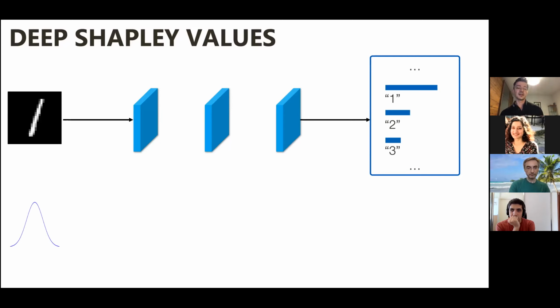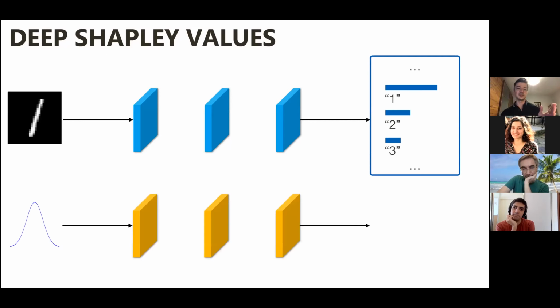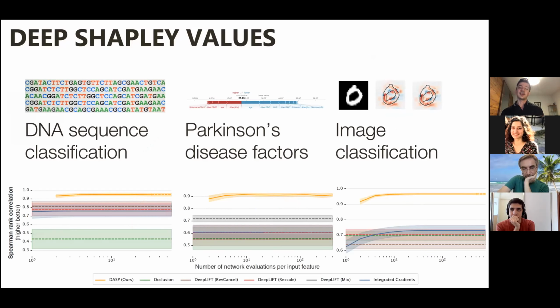And I can imagine passing this through layers of my network such that after each layer, I have a different kind of coalition, because the input pixels are turning into some other pixels as you move along. So the distribution of the subsets also changes, and you can just use these warped distributions to compute Shapley values. And we applied it to quite a few different problems beyond visual data, and in all cases